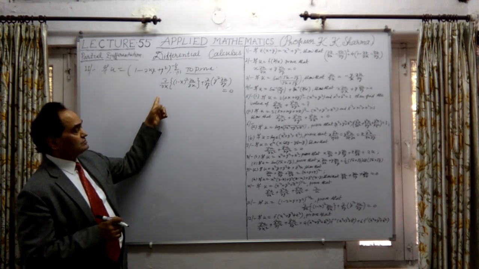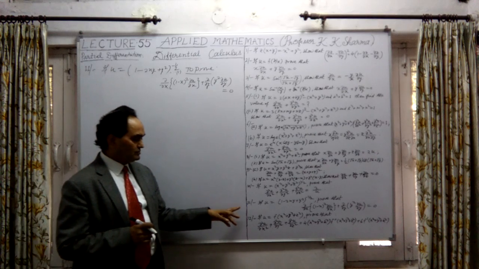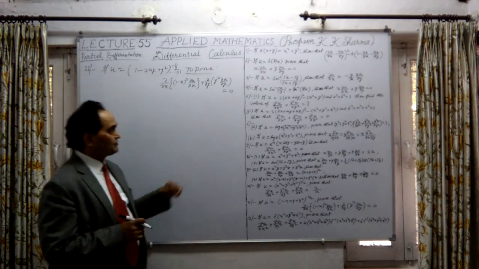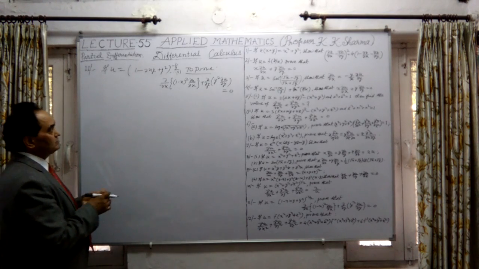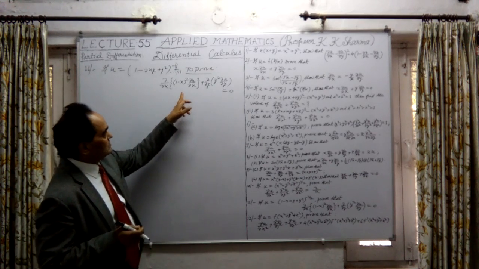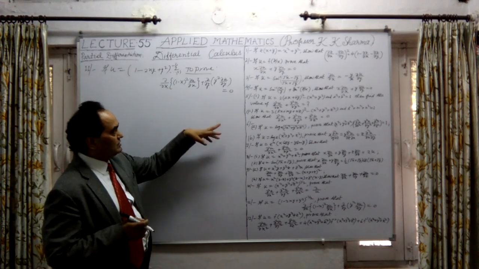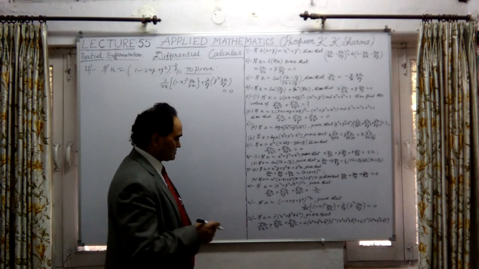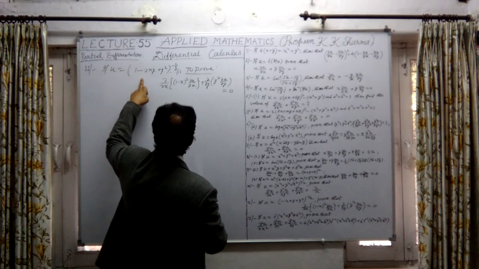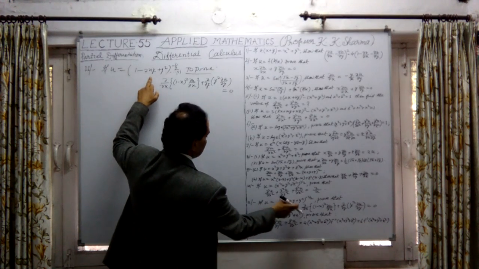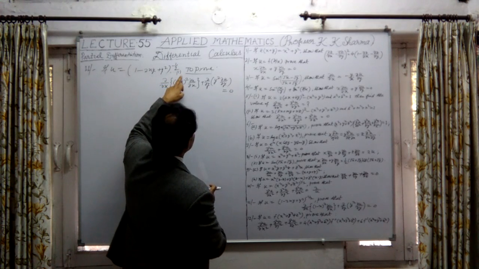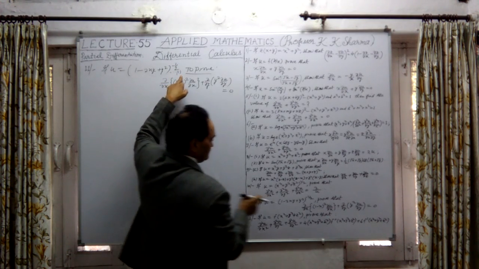Now, the 11th and 12th questions are left over, so let me discuss these two questions. This is the 11th one. I think there is one correction here. Let me tell you what the correction is. If u is equal to (1 minus 2xy plus y square) whole power minus half, this is the first equation we have considered. Then to prove